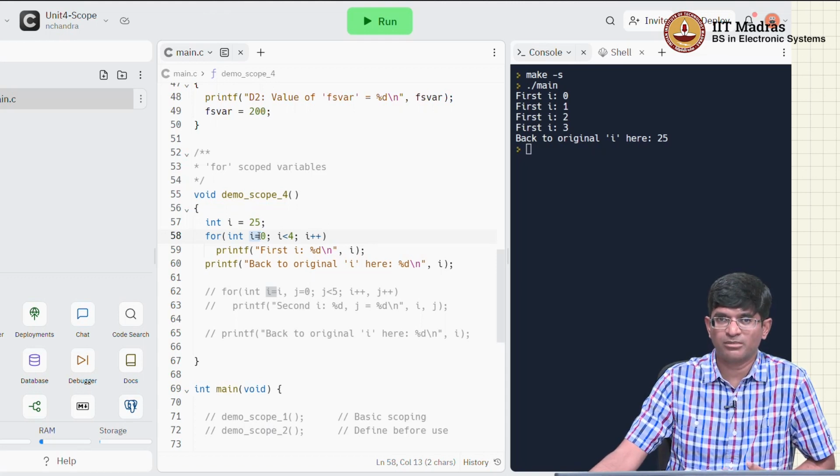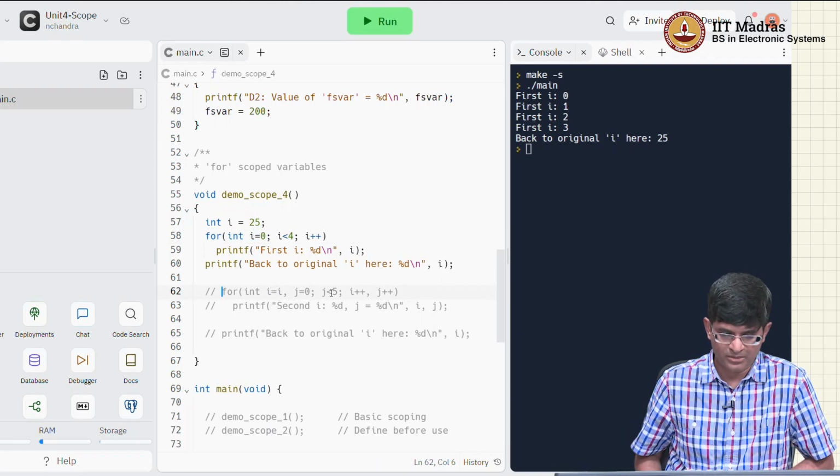Usually that should not matter, because these are only the counter variables inside the loops, right. But if there is a scenario where you are doing some other local initialization, be aware of the fact that you will end up shadowing something which is there outside, and you might end up changing the value that you are actually seeing, right. One last thing which